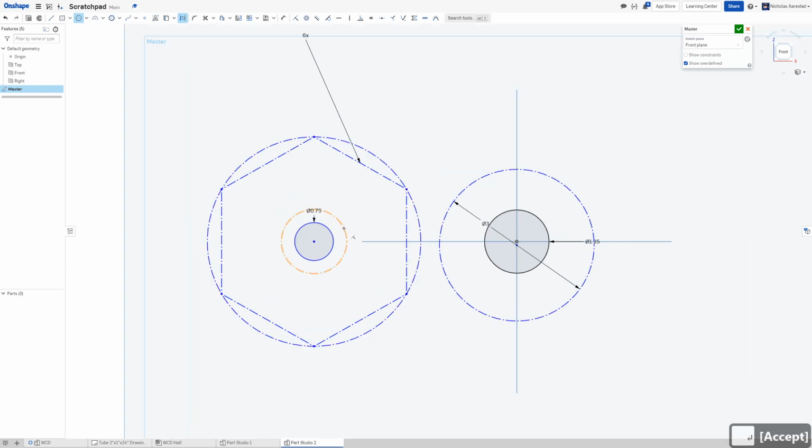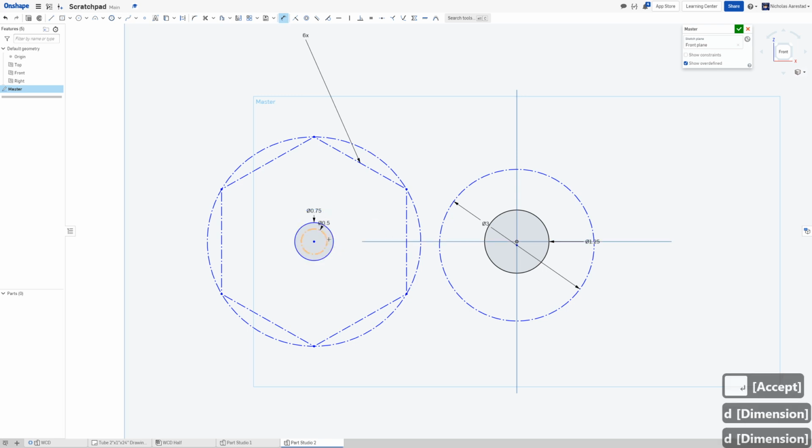And if this is a 10-tooth, 10 diametrical pitch gear, it's going to be 10 divided by 10. And if I want those to be a distance between each other because I'm making a gearbox, and I have a little adder here, I can just dimension between those two,